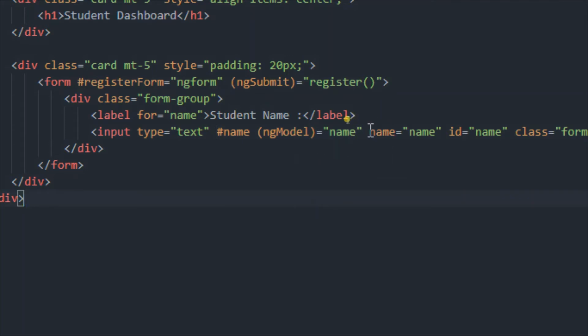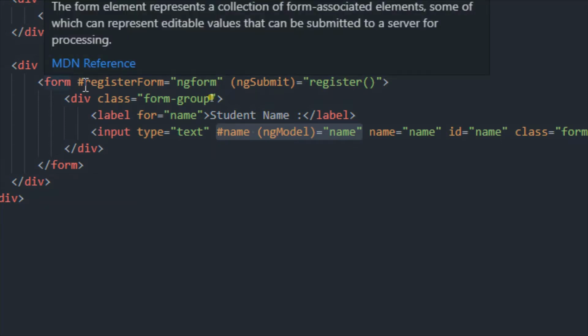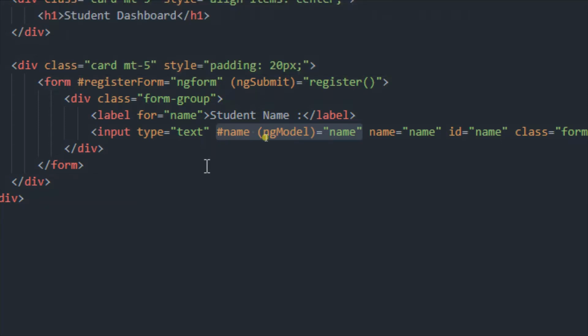Angular will not be able to pick up these particular name and id, so that's why we need to specify this name and ng model. By writing this we are telling Angular that this particular field is part of this register form. Don't make it very complex, just keep it as simple as we can, and with practice we will get all these things.